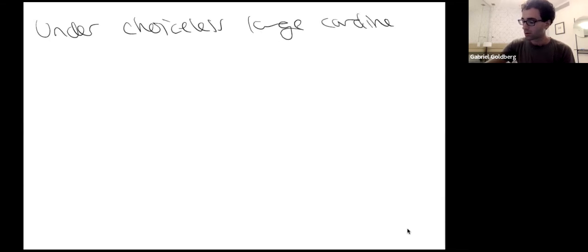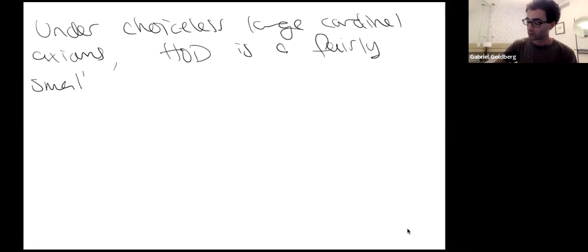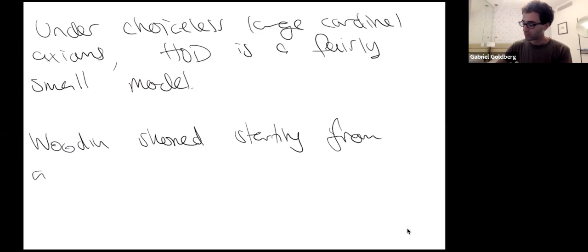Point is, under the choiceless large cardinal axioms, HOD, which you can still define in ZF, that's fine. So even if you've dropped the axiom of choice and you're looking at these very strong choiceless large cardinal assumptions, you can define HOD, but HOD is a fairly small model. And Woodin showed that starting from a model M of the choiceless large cardinal axioms, so very strong choiceless large cardinal assumptions,